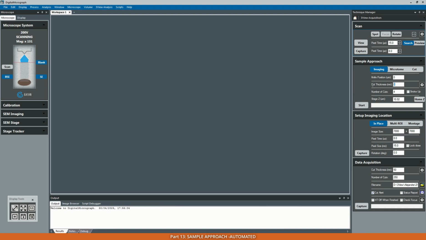To do that, we define the thickness. The thickness could be any number between 0 and 200, but it can't be more than 200. Then we define the number of cuts, let's say 50 cuts. Remember, you can always stop it at any moment. And then here in the settings, we can specify the knife cutting speed, retraction speed, and whether or not we